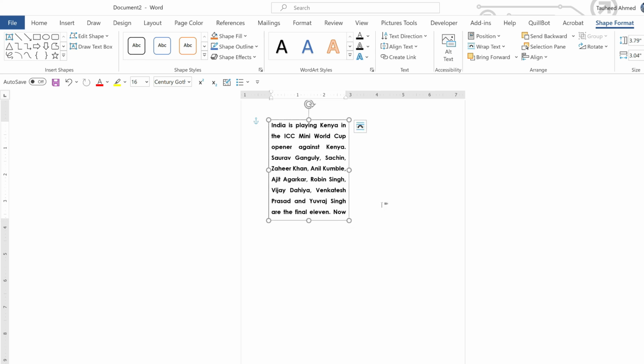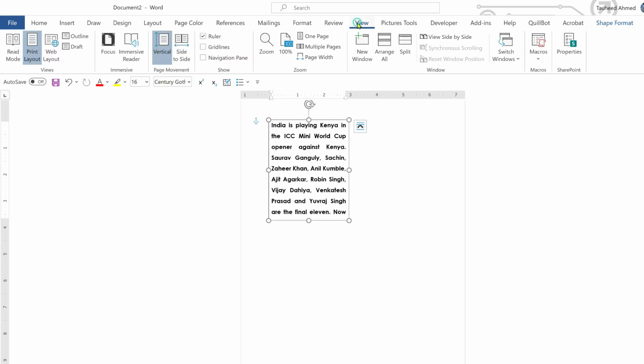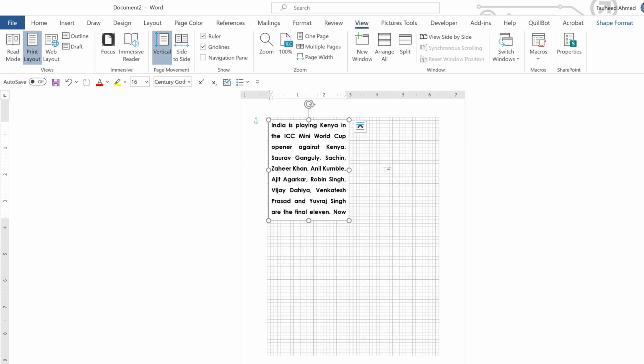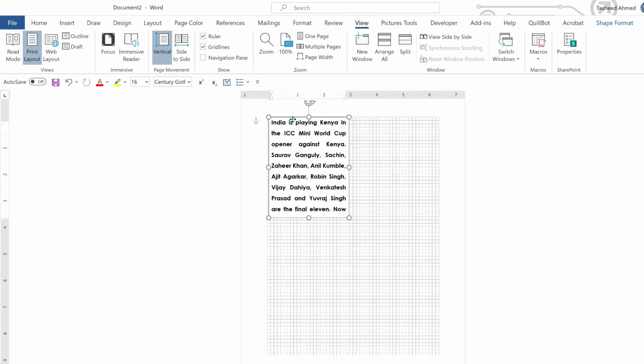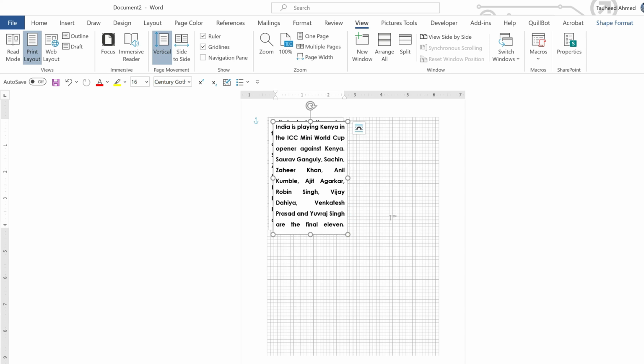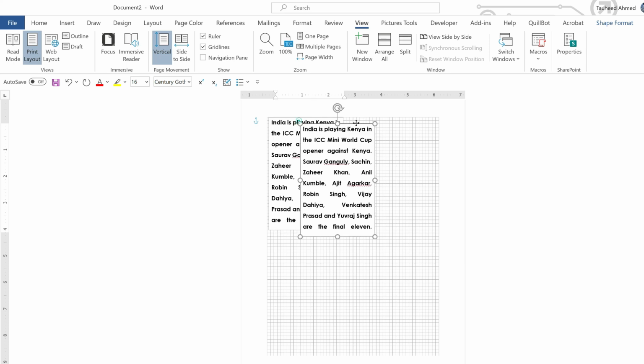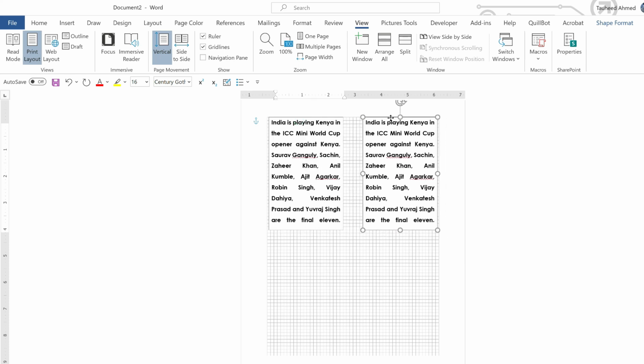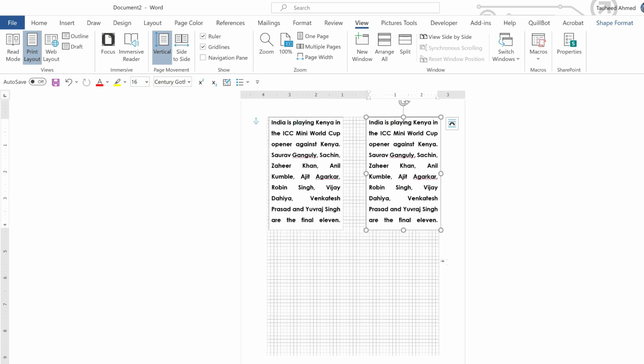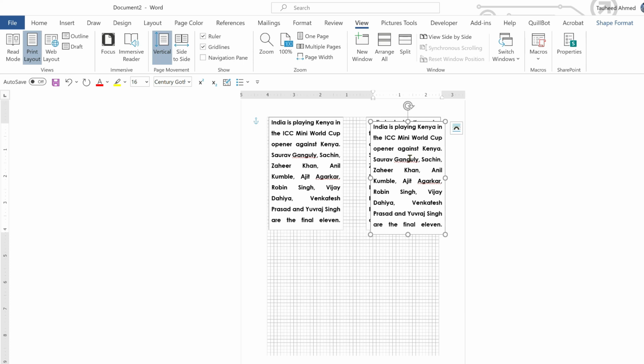text. And now go to the view tab, click on the check grid lines, and now you can center it according to the page. And now Control D for another copy and paste the desired text. Another Control D and